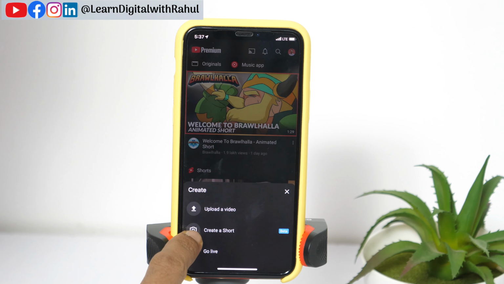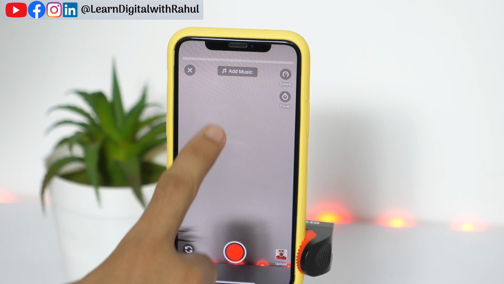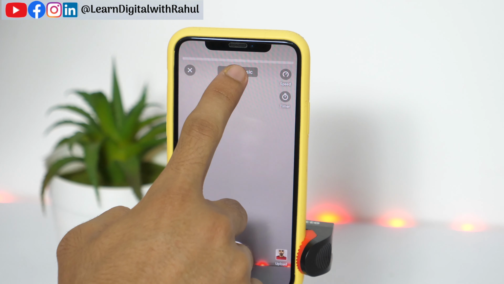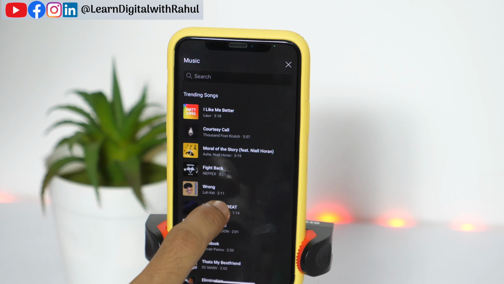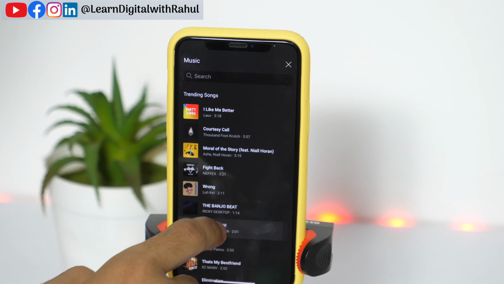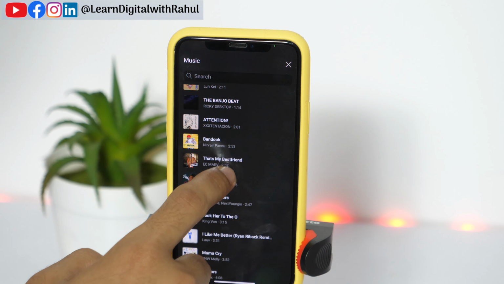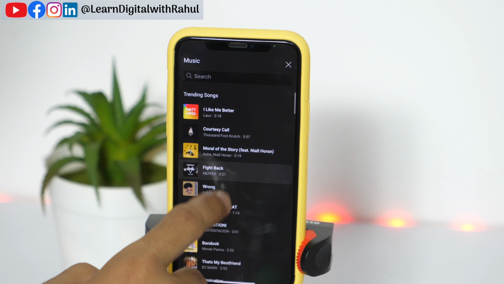The camera icon on the left signifies that it's a camera feature, and when you tap on this, it will basically open the camera integrated within the YouTube app. If you have ever created TikTok video or Instagram Reels and Stories, then you may understand what I mean. Here you get the option to add music, and if you tap here, you will see the various tracks available here. And all of these tracks are available for you to use in your YouTube Shorts. And if you use them, you won't get any copyright strikes.